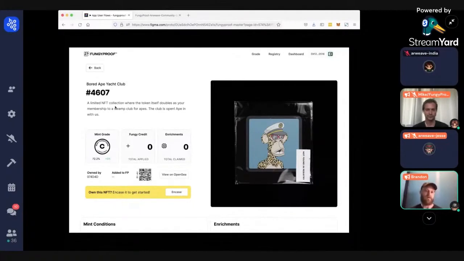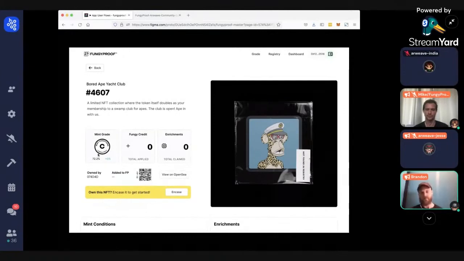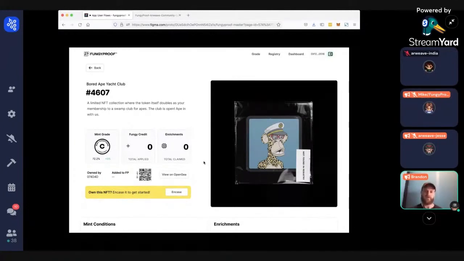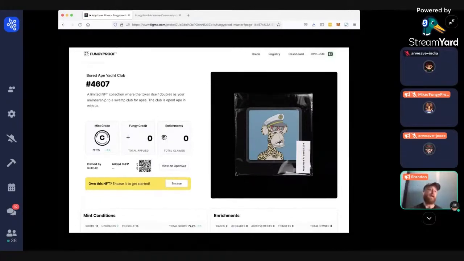So as Mike had mentioned, the idea is you would show up and you would have a graded token. So this is the single view for that token, and it would display obviously the grade, what we're calling Fungy credits, which is another incentive mechanism, and then the total number of enrichments that have been applied to that token. So you can see this one has nothing applied and it has not been encased or added to the registry. So it has this little plastic bag as a way to sort of signify it's not been added to FungyProof